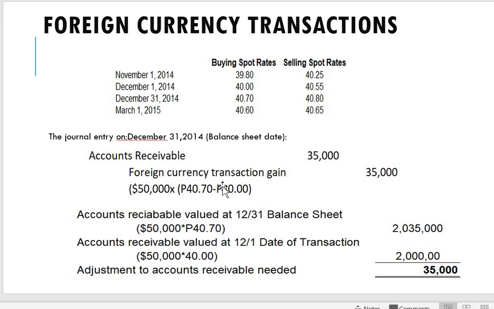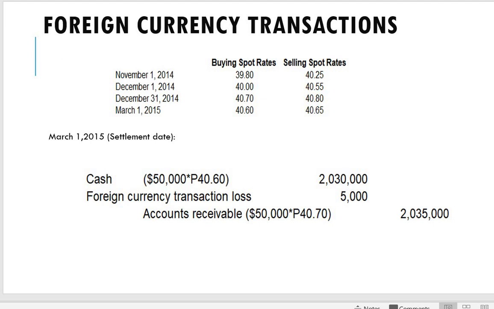Okay? Because at December 31, 2014, the accounts receivable should be revalued to 2,035,000. Because it is 50,000 in foreign currency, which is US dollars, times the closing rate of 40.7. So that's 2,035,000 versus the accounts receivable at December 1, the transaction date, which is 2 million. So when the direct exchange rate increases, our asset, accounts receivable, also increases, which is a gain, so our adjustment is 35,000. Okay? So, on December 31,